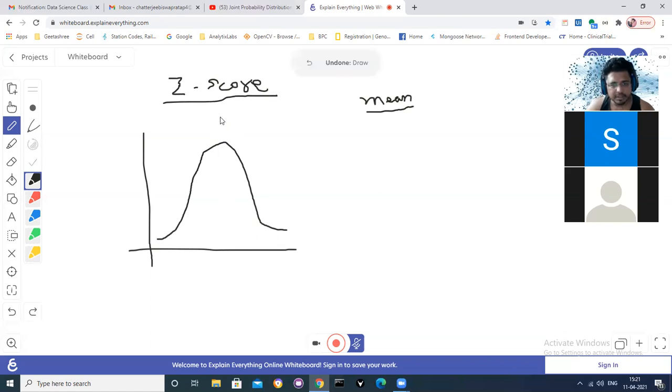The line going in between. Okay, this will be the mean. So in a normal distribution, equal portions will be there in each standard deviation left and right. Okay, standard deviation. What do you mean by standard deviation? Standard deviation means